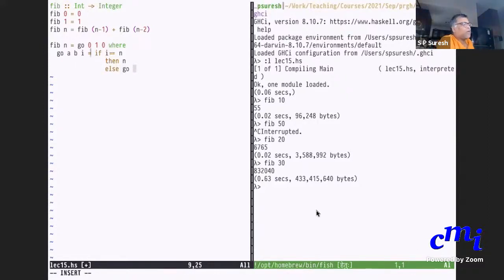So initially you're saying start from 0 and then you want to count up all the way to n. Okay. So from i, if i is equal to n, then you will stop and return a. Sorry, a is storing fib of i, b is storing fib of i plus 1. Okay, always.